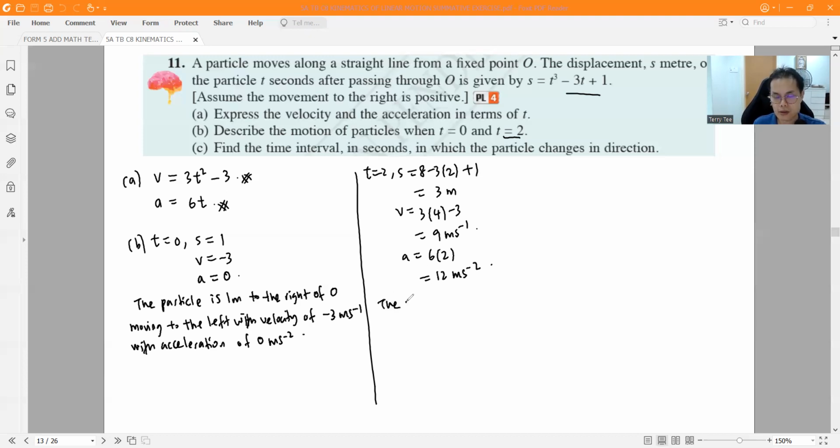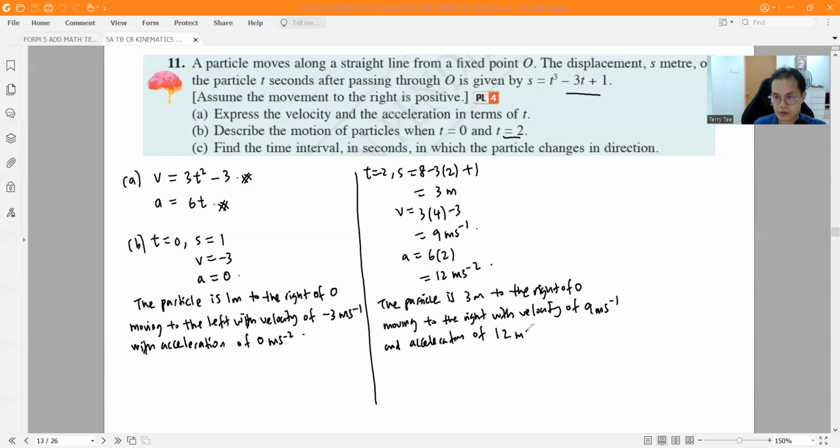Okay, well, the particle is 3 meters to the right of O. Okay, now is it moving to the left or to the right? To the right, yeah? To the right with velocity of 9 meters per second, right? And with acceleration of 12 m/s squared. Okay, so describe the motion. Yep, done that. And lastly, okay, now this question, I personally think is a bit, they shouldn't say time interval,